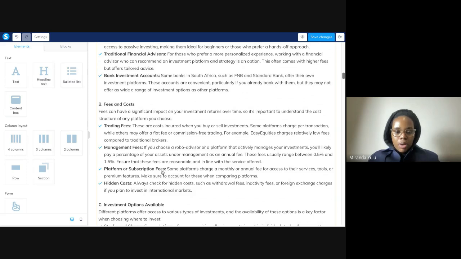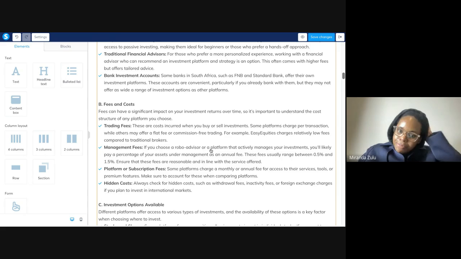Which is nice that we're now getting into the fees and costs. So it's important to consider this because they can have a big impact on your investment returns over time. We did look at this example as well when we were having the retirement conversation, looking at how fees can impact your overall returns on your retirement. And we did look at an example together. So it's important to always consider fees and how much it is going to cost you to have that investment in that specific thing or in that platform.